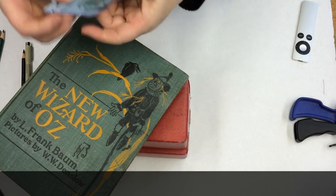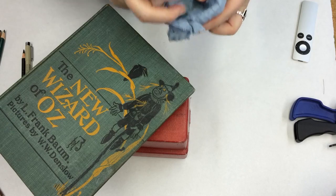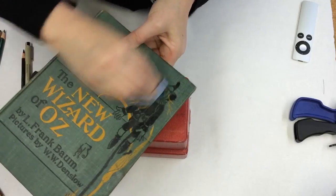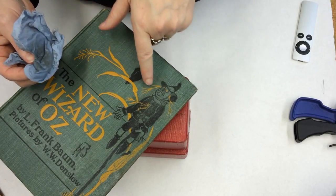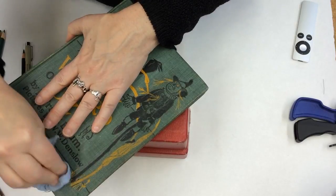Well, that is definitely better. And the cloth is getting pretty dirty. So we're assuming that there's actually something that's coming off. I'm going to dampen the cloth just a little more. Do a little more wiping with this damp cloth. You can see we're actually picking up some of the black from the scarecrow, which is not a good thing. You don't want that. That's one of the reasons to go with the more, I don't know if you can